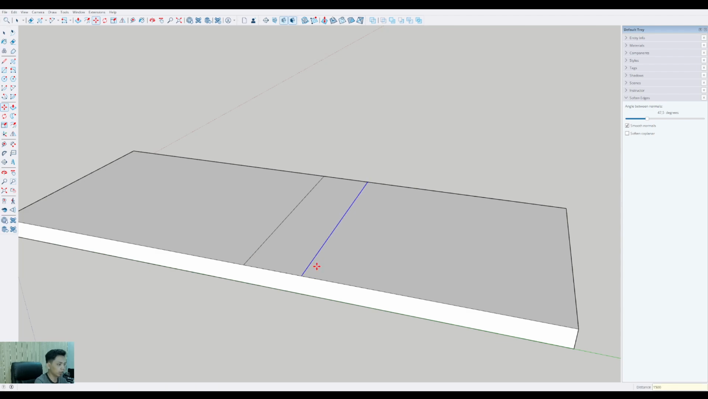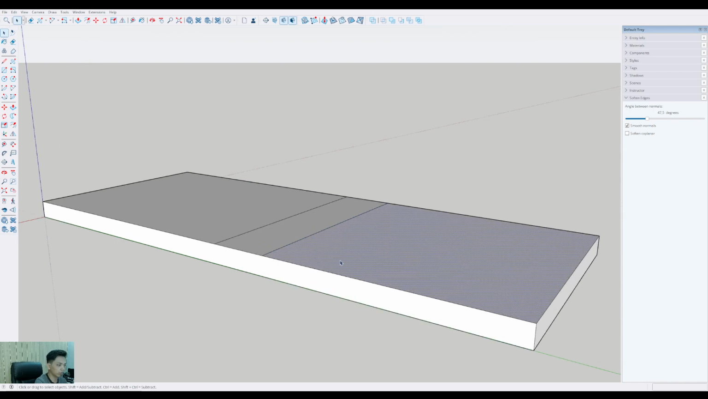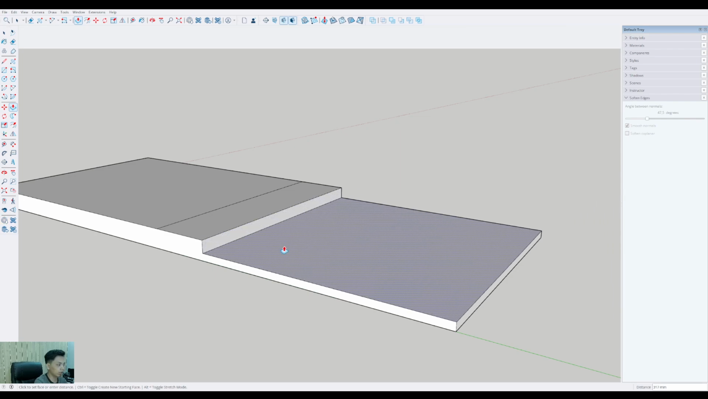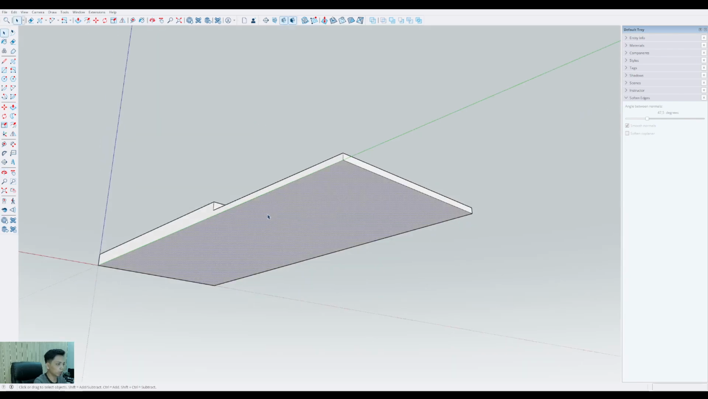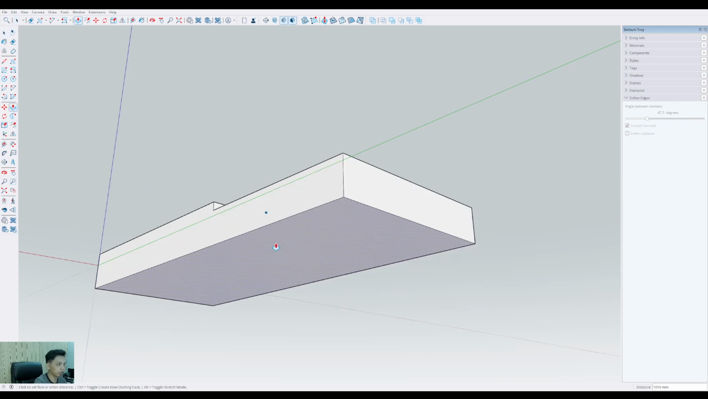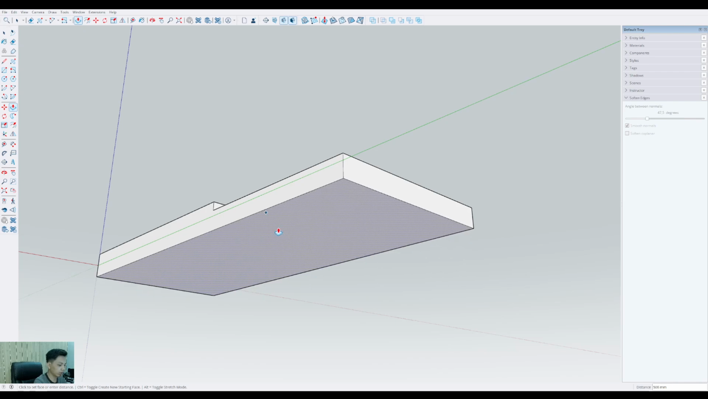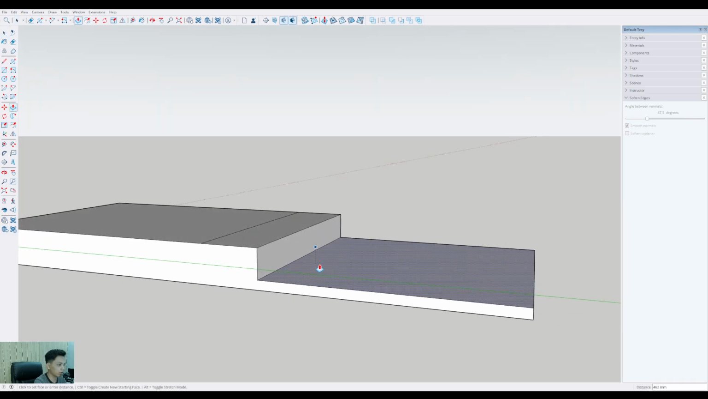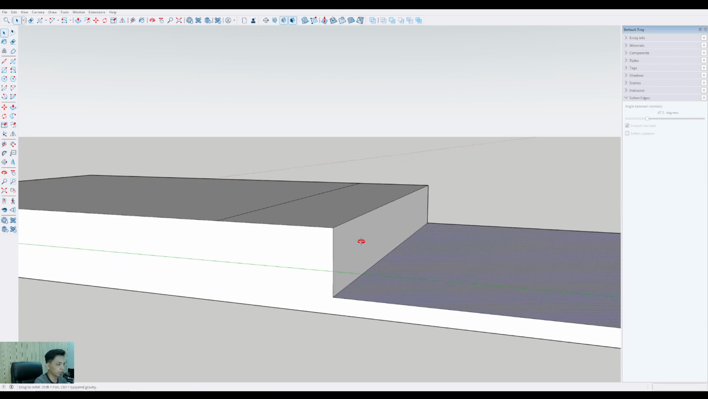1.5 meter. Okay, so you can push it down. Click this push, and then you can push it down around 300 millimeter. Or you can click this plane and push it down again around 500 millimeter. Okay, so you can push it down again around 500 millimeter. Okay, so you can